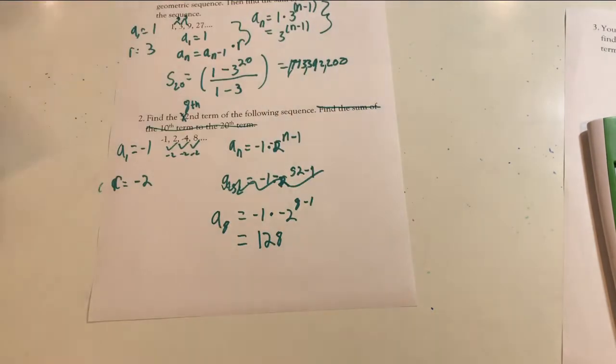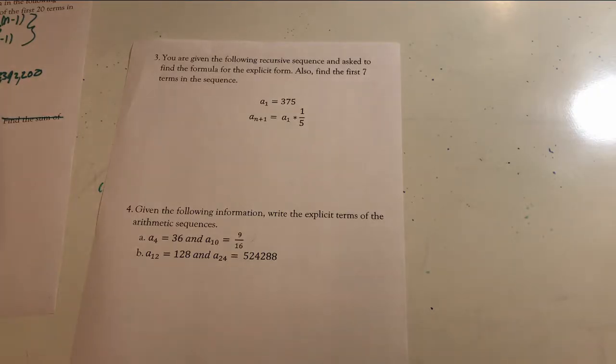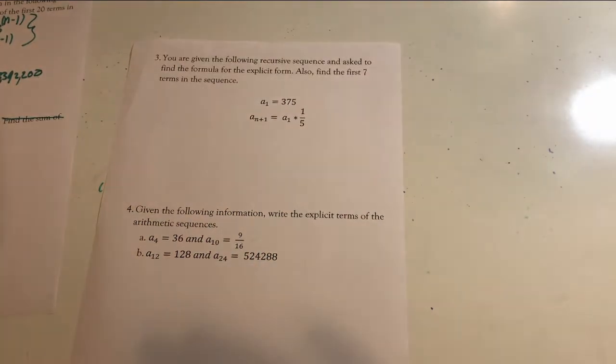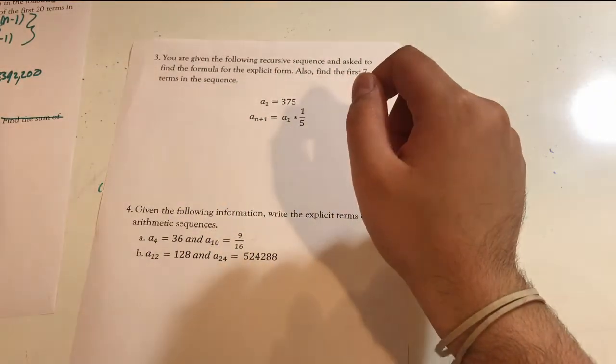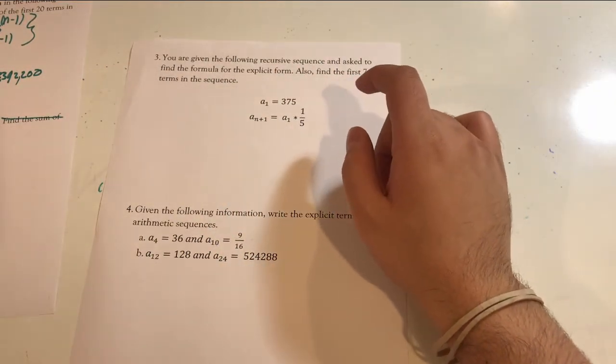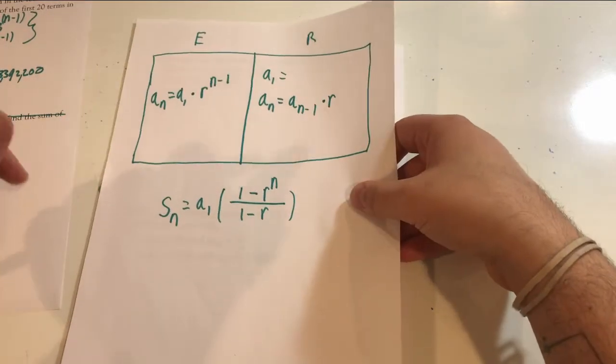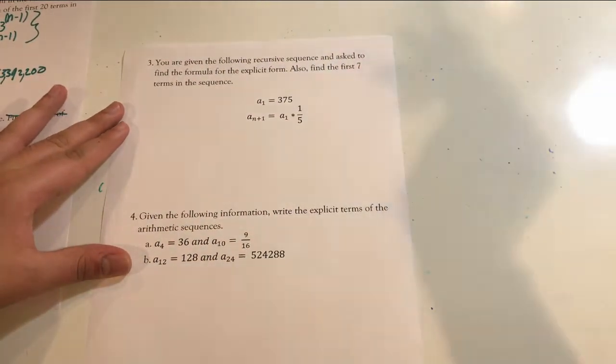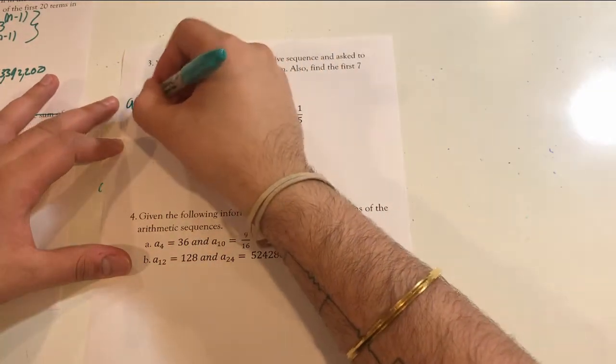All right. So now, let's take a look at the next problem. Here we are given the following sequence, and we're also asked to find the formula for the explicit form. This is the recursive form. For the explicit form, like I was mentioning before, we only need to find a of 1 and the ratio. So a of 1 is already given to us as the base case. Easy enough. So a of 1 is equal to